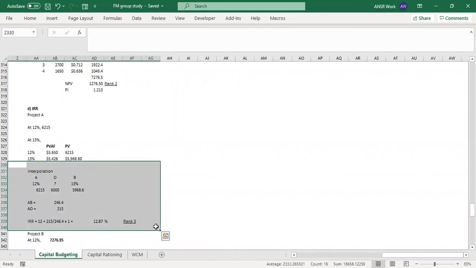Yeah, yeah. So we have A, that is 12%, 6215. O, question mark, 6000, we have to find out the rate. B, 13%, 5968.60. AB difference comes to 246.4, that is 6215 minus 5968. AO difference comes to 215, that is 6215 minus 6000. Then we calculate the IRR by doing this formula, 12 plus